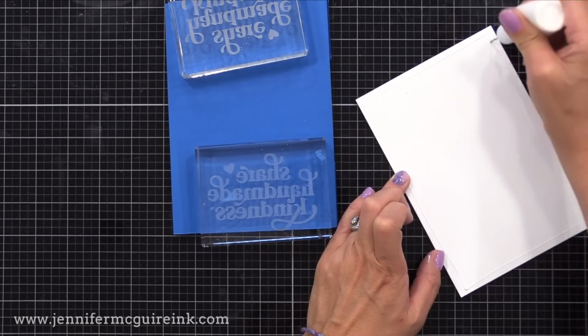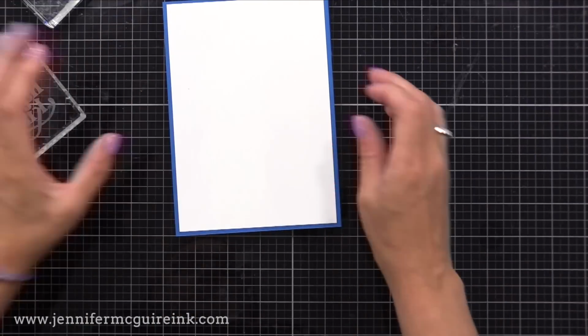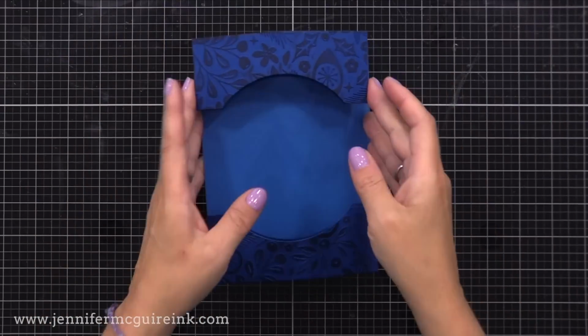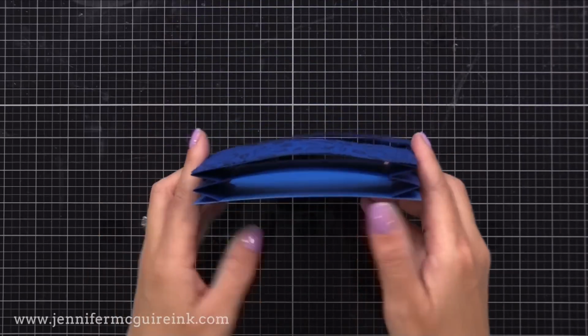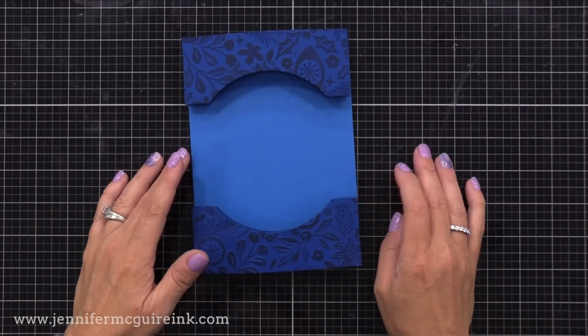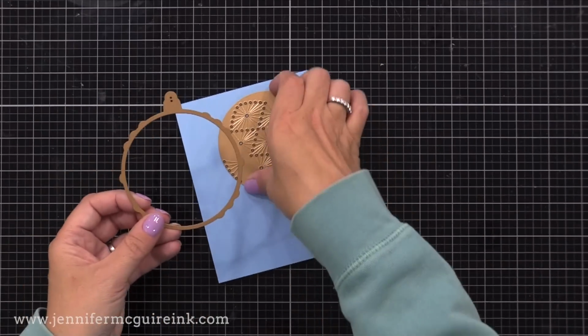I really want this card to be strong when it sits on display, so I've cut another piece of cardstock, heavyweight white cardstock, to be slightly smaller than 5x7, and I'm gluing that on the back of the card. This will give it strength, and it'll give us a place to write our message. And now here you can see how that kind of pops up there, and it'll stand nicely on display. The key is either to use very heavyweight cardstock or to layer a couple layers together, and I decided to